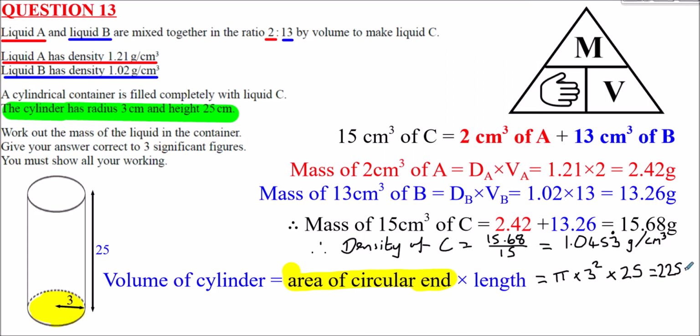225 pi. The final step is we want to work out the mass of the liquid in this container. So to calculate the mass, we use this formula relation again. So the mass in the container is the density of the liquid filling the container multiplied by the volume of this container. So therefore, mass of liquid in the cylinder